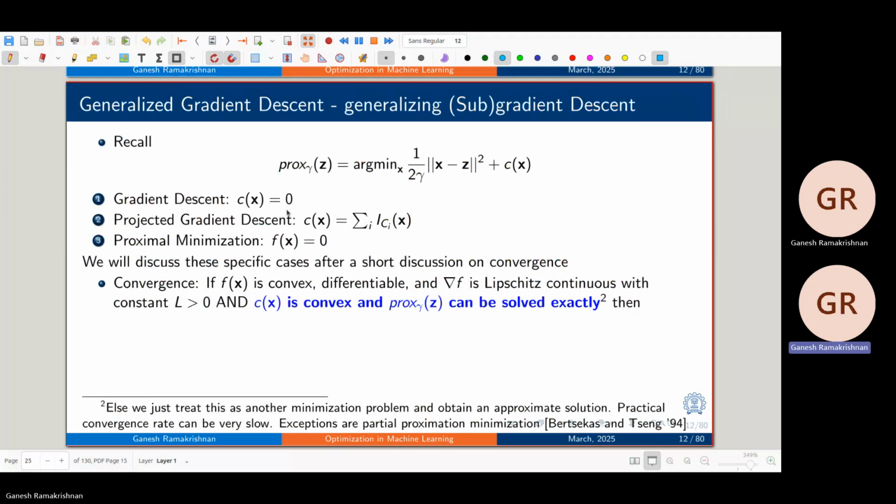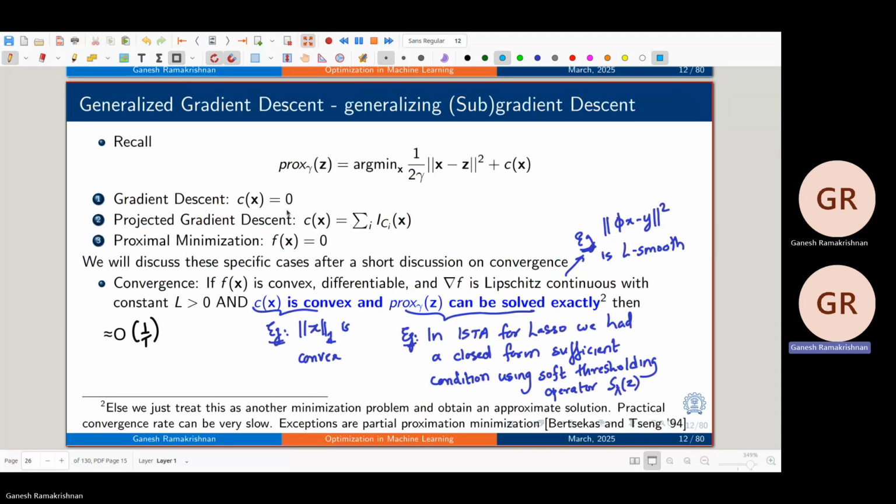Prox gamma c, you can see, is somehow a black box. The prox, the projection, soft thresholding: somehow if you get a sufficient condition check, you can solve it exactly. Or you can solve it approximately, but that is a black box, someone else's headache. Not my headache, your headache. So if you take up the headache of solving prox, if it takes more time, that is your headache. Modulo that, then,